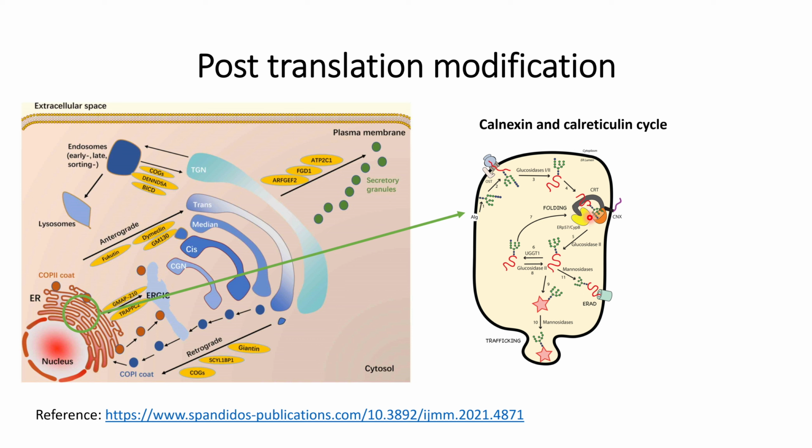acquire their native structure. Simultaneously, there are some ER57 or Cyp B, which are members of the PDI family, or protein disulfide isomerase family, that help the proteins to acquire their native sulfide bond, which is essential for the proper functioning of the protein. After some time, for these monoglucosylated proteins, glucosidase 2 will remove the single glucose that is available on this glycan, so that now the